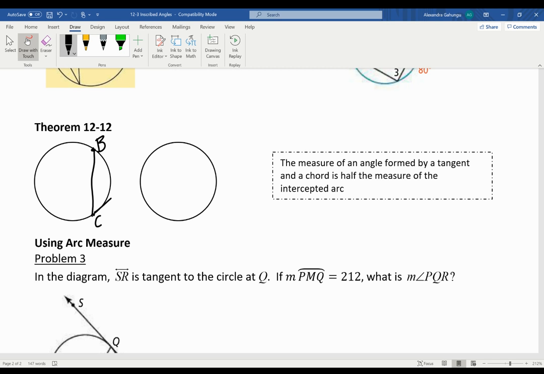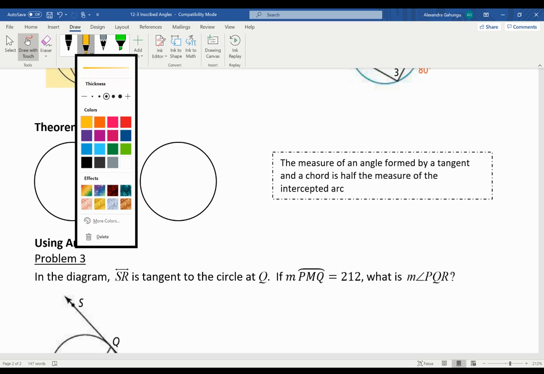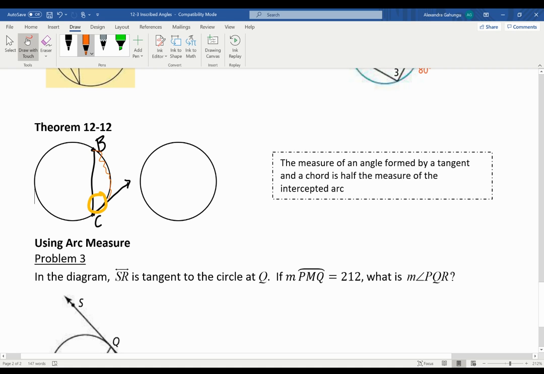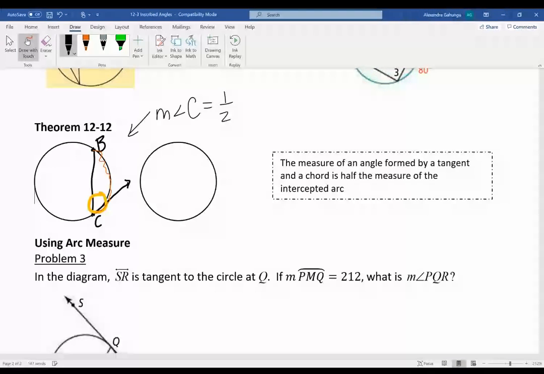and then a tangent with C here, that angle that's formed is going to be half the measure of the intercepted arc. And we notice the arc that this angle intercepts is this one right here. So for our first example, the measure of angle C is going to be half the arc BC,